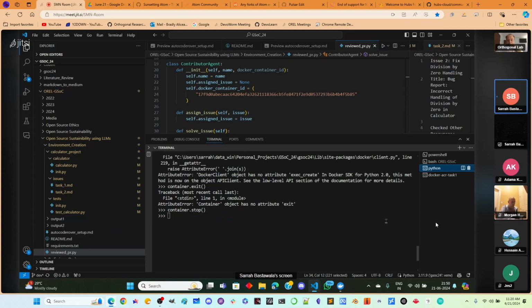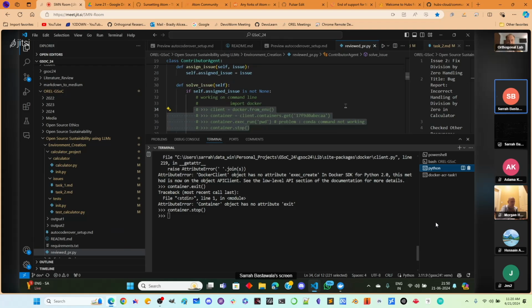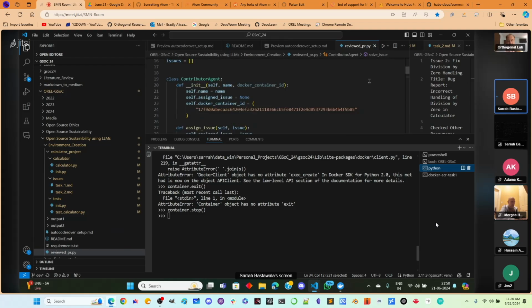And then my current plan is to have a contributor agent and a maintainer agent in this one Python file. The contributor agent can use this framework, create a patch, and give it for review to the maintainer agent, and then the maintainer agent can choose to apply the patch or reject it. Then the code repository also gets updated, and once this basic structure of both these agents is created and they're able to communicate properly,